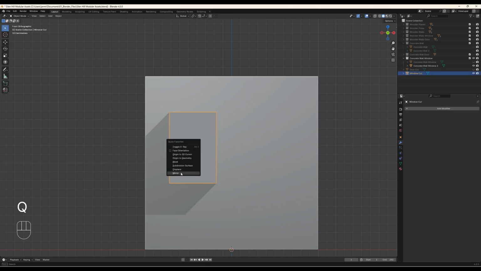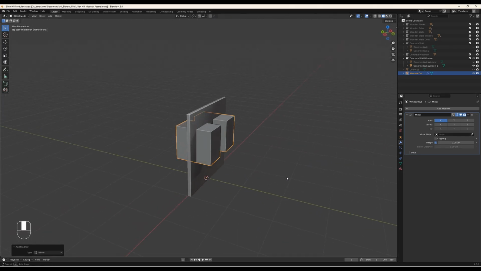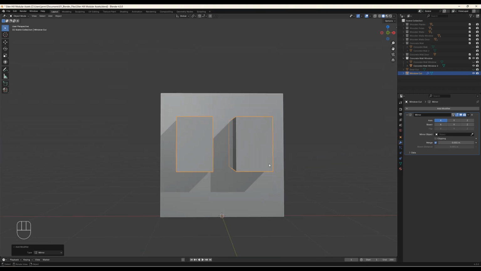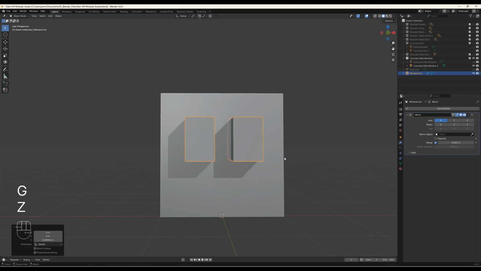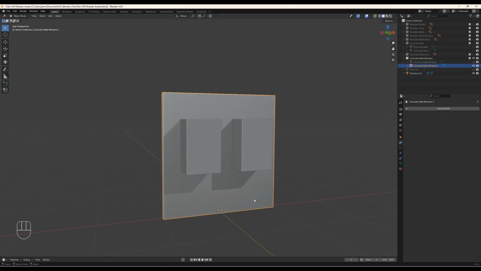In this case, I did it with the mirror. Press Q and just assign the mirror, and it's on the X-axis. So this is perfectly fine for us. And then we can see, is this alright? We can also just scale this one down if you want to, and then move it up. But in my case, I think this is fine. And then we can click on this wall, this concrete wall, and generate a Boolean, and